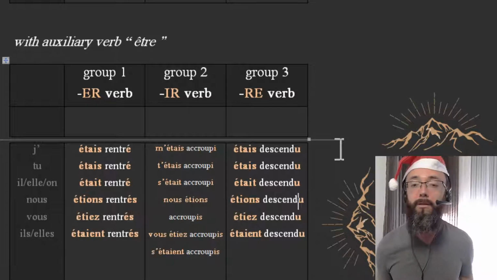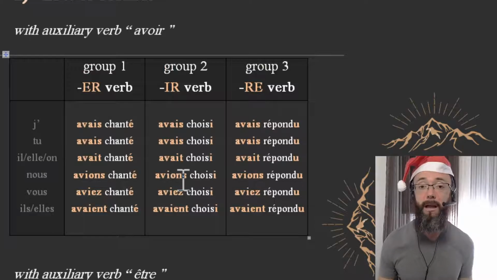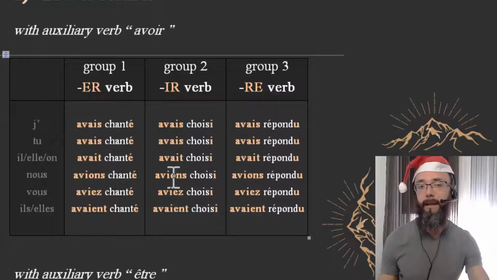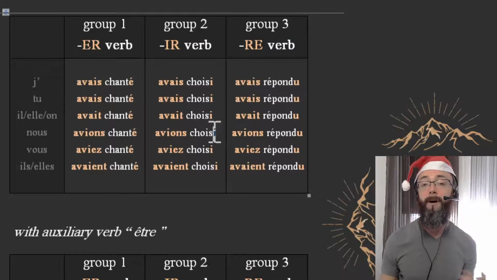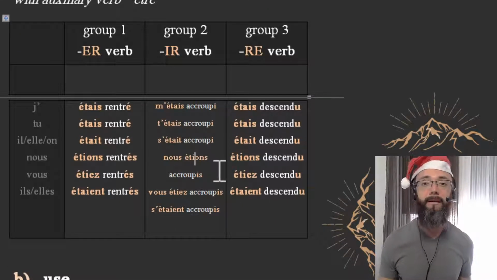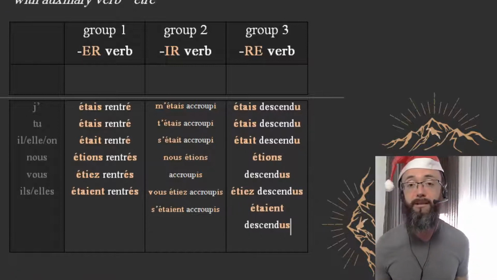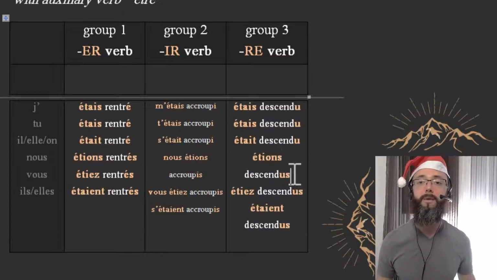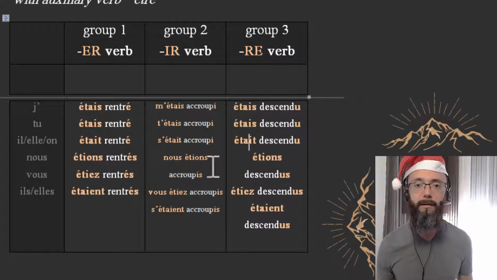And here I'm adding all those endings so that you can see that, as opposed to with the auxiliary verb avoir, I cannot just write avions choisi with an I, because that auxiliary verb is not going to agree in number and gender with the following past participle, but it's definitely going to happen here with the verb to be. So I'm adding an S, provided that the subjects were masculine, otherwise it would have been UES. If a lot of women say we had come back, then I would have written nous étions rentrés. Nous étions rentrés.